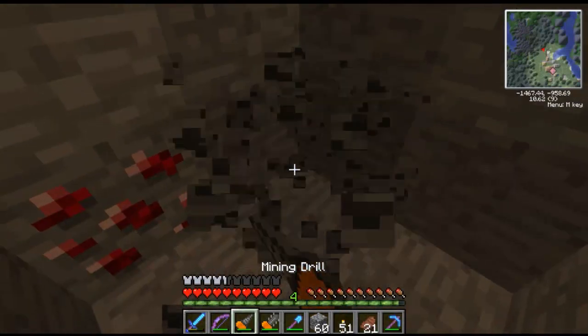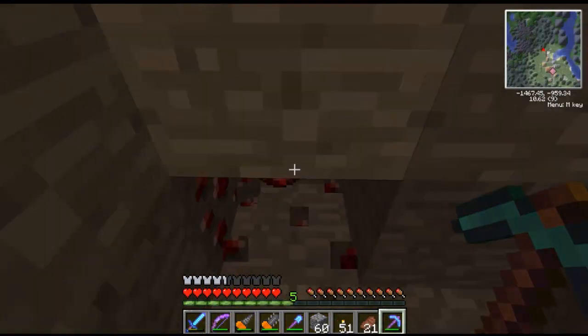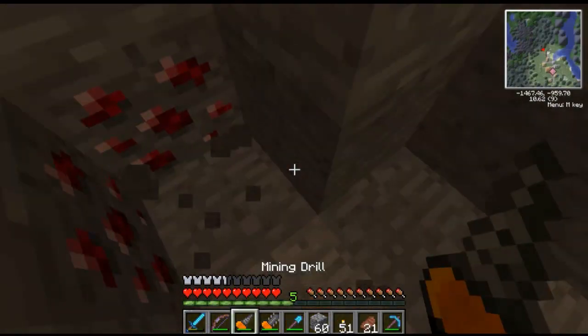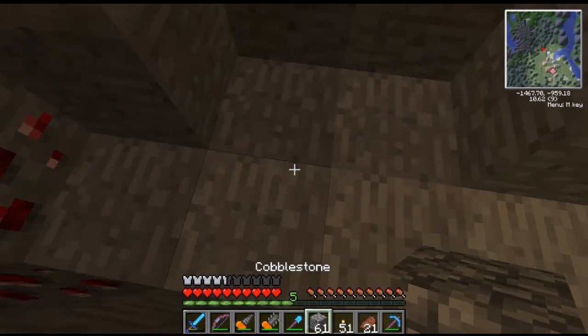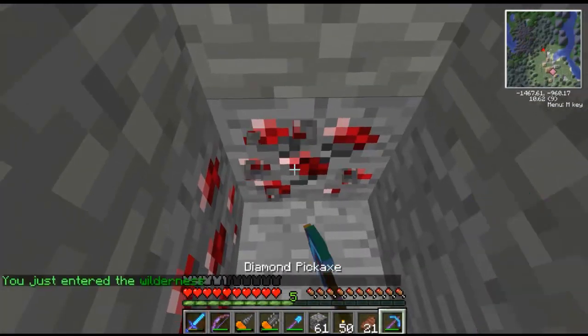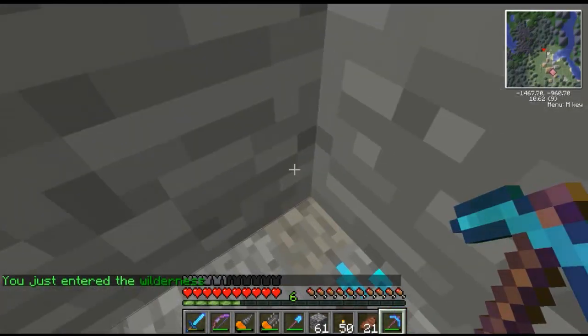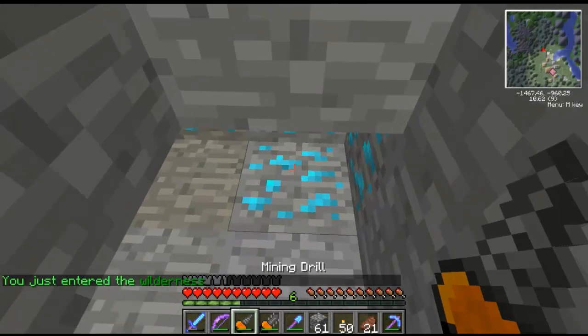Oh, good. Rubies. Oh, more rubies. Let's put a little torch down in here. Oh, that's not a torch. That's a torch. Okay,